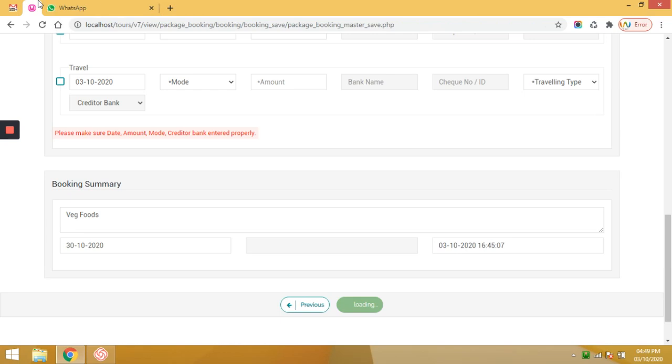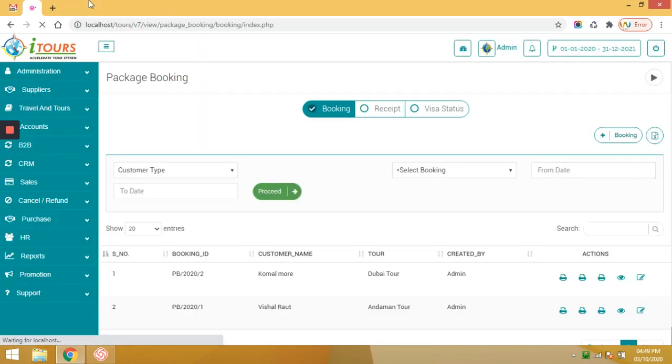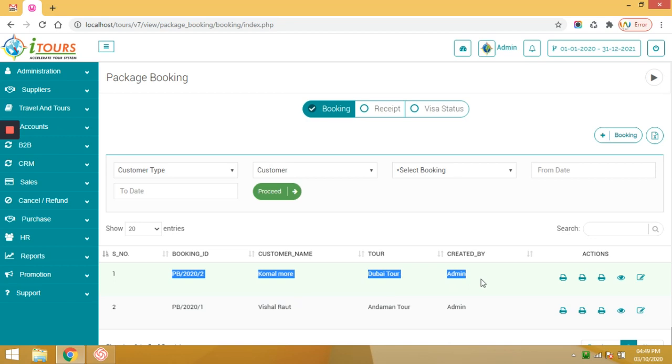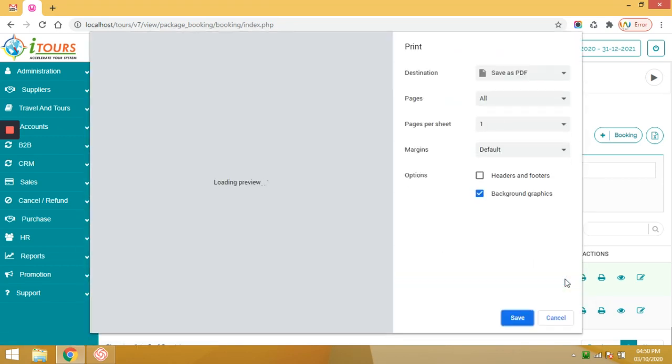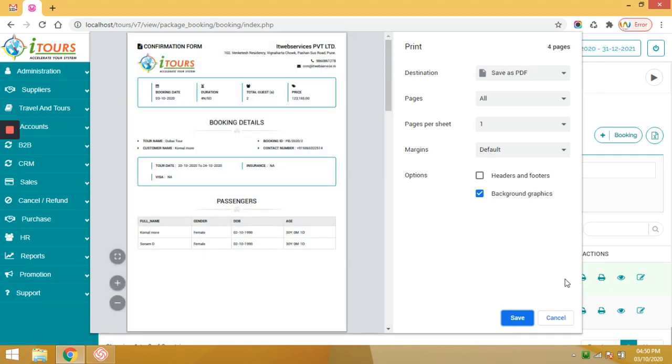Booking confirmation vouchers. This is for the customer. This is again auto generated. You just need to download it and send it to the customer for confirmation or signature. In these booking vouchers, we are showing booking details, guest details, hotel details, transport, activity details of the excursion, flight details, inclusions in the tour, exclusions, terms and conditions, booking summary details, and payment details. Also we are showing the booked by person, so here you can take the customer confirmation signature.